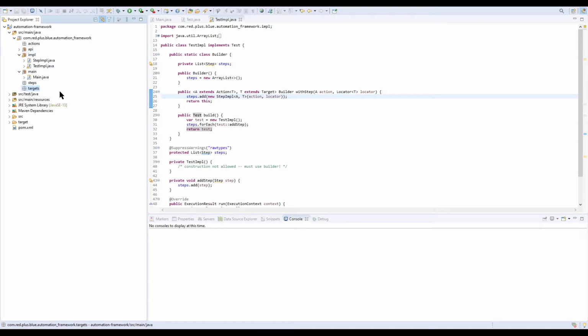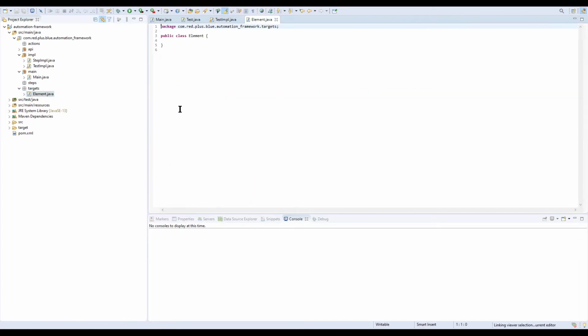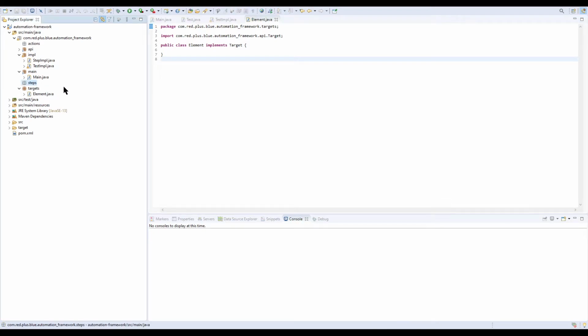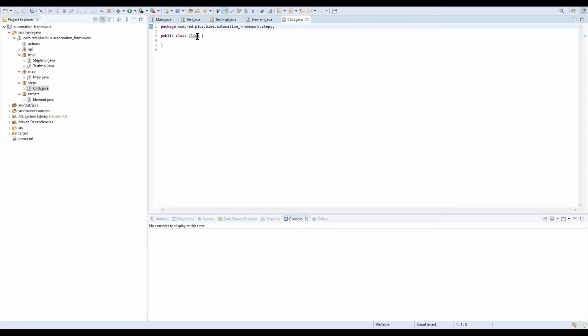So, for example, you have target being, let's say, an element, and that's going to implement target. So right now that's just a marker interface, but that's perfectly fine. Let's say we have a step for clicking, like on Selenium or something. Let's say implements